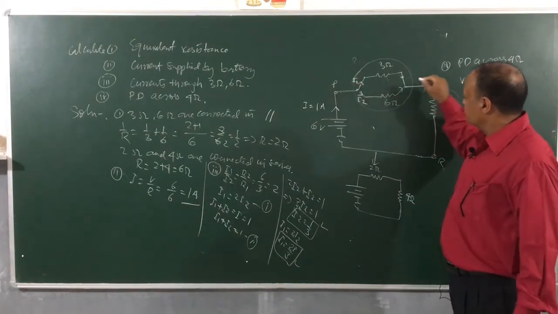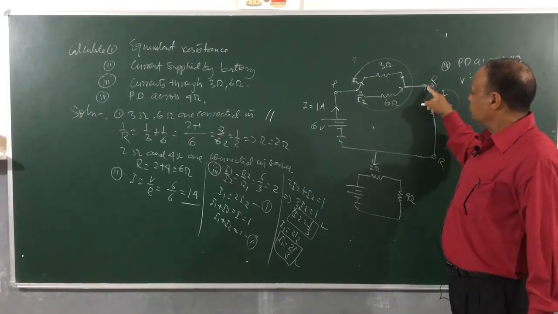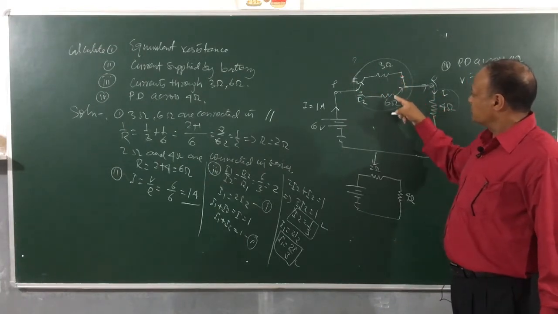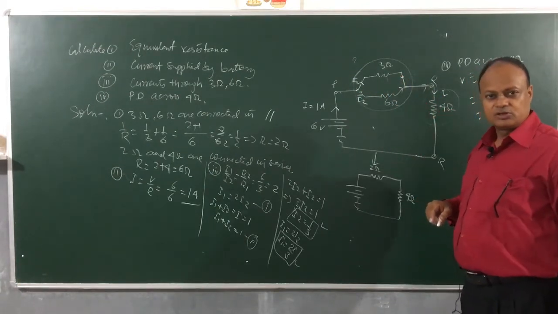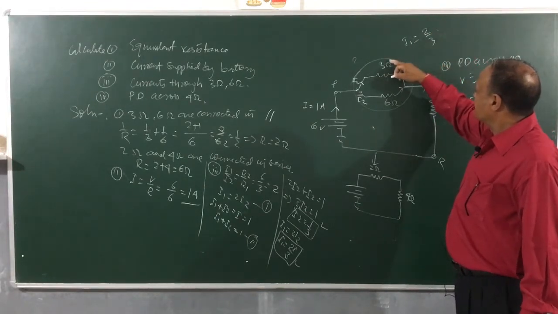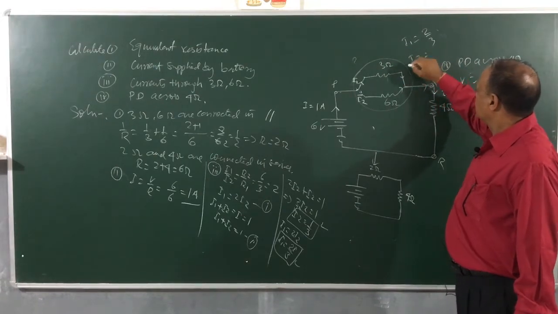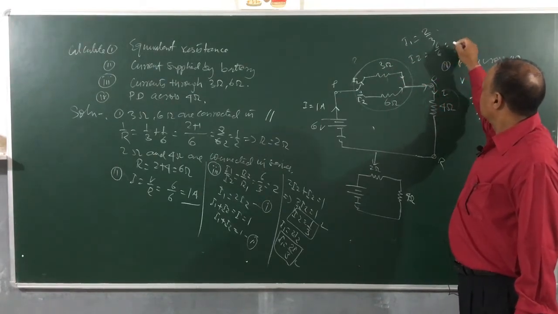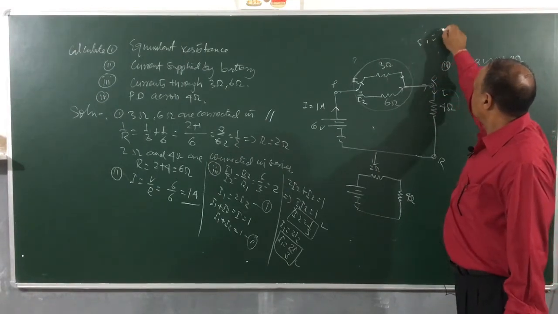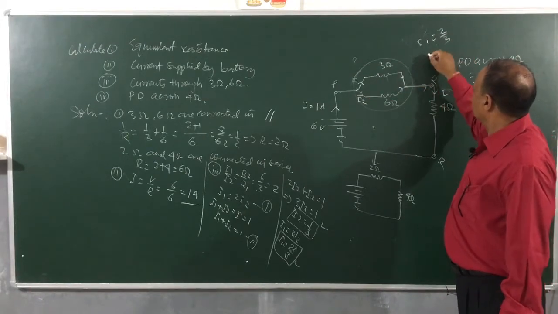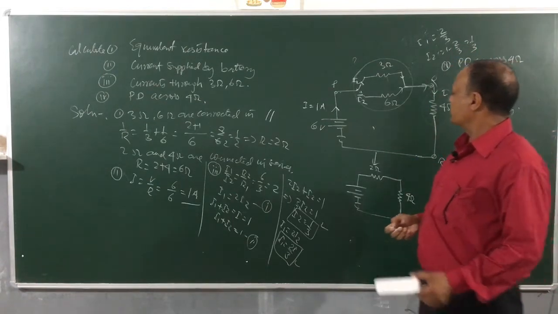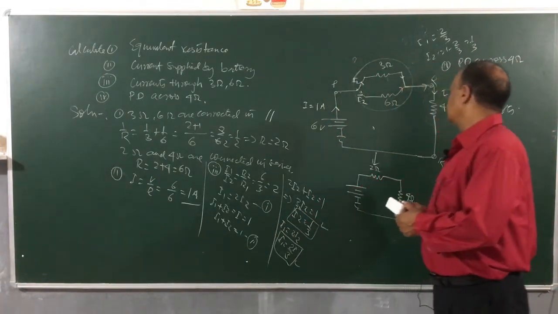So the potential difference between P and Q will be how much here? 2. Yes. Potential difference across the 3 ohm and 6 ohm is how much? 2 volts. So I can calculate I1 = 2 by 3 directly, V by R, and I2 will be again, what is that? 6 by 6? No. I1 is equal to 2 by 3, and then 1 minus 2 by 3, I2 is how much? 1 by 3. So either way you can calculate it.